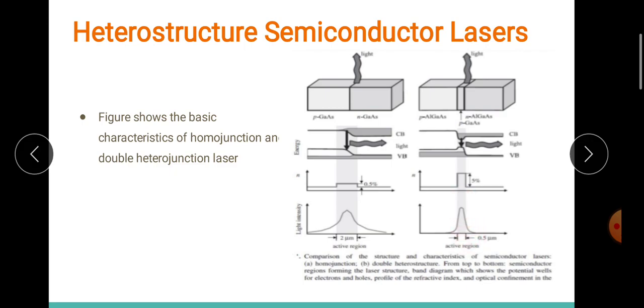Now these electrons and holes create the condition of population inversion, which is a necessary condition for what? For your emission to dominate absorption. So since your population inversion has been created, there will be a high amount of light emission. Is this clear so far? Okay. So now what happens is that,